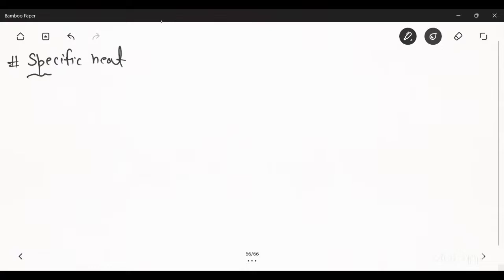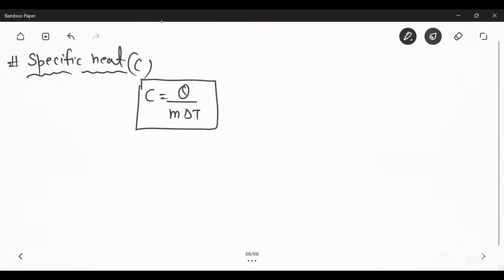Specific heat is denoted by C. It is defined as the heat required to raise the temperature of 1 kg of a substance through 1 degree Celsius. It is denoted by small c. Okay, and now next is